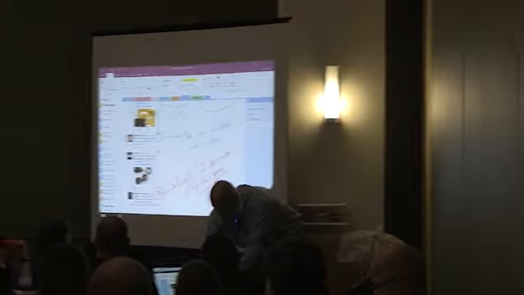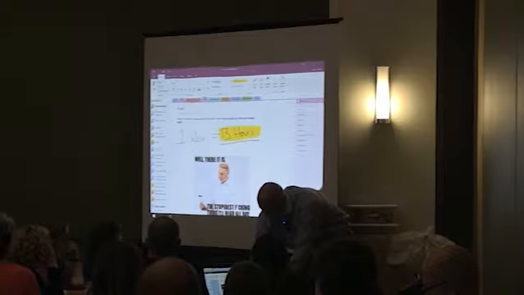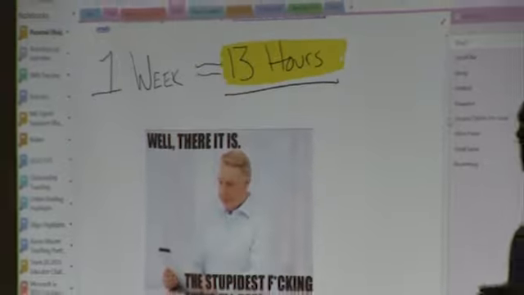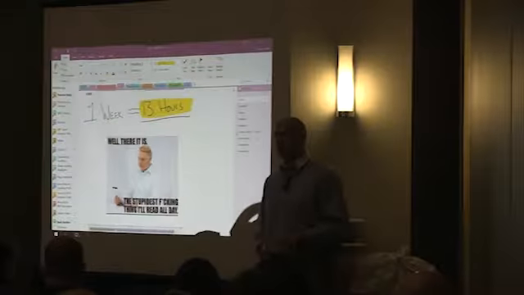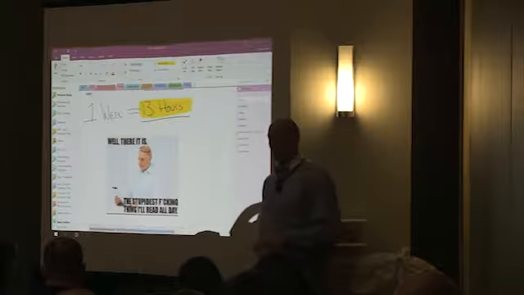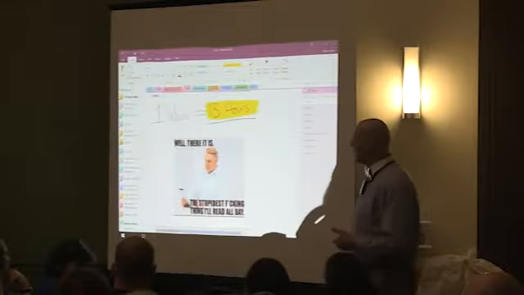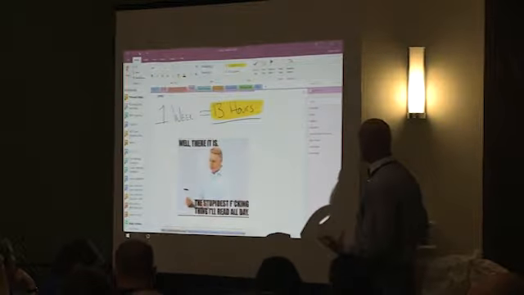Moving on to the next one was email. I know it's the thing that sucks our time away. A lot of research is out there, and it just keeps getting worse and worse. In an average week, the average educator spends 13 hours on email. That's an ungodly amount of time, and we don't have time for it. You in the classroom don't have time for it, but you have to find ways. So these are just some tools that I use, not all at once, but that have helped streamline this process.